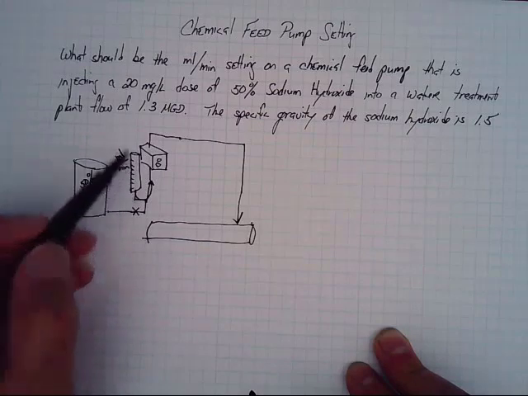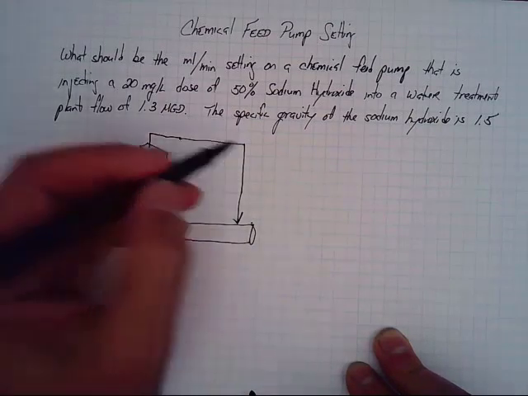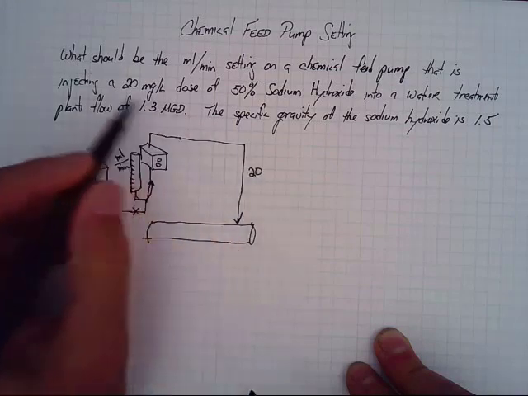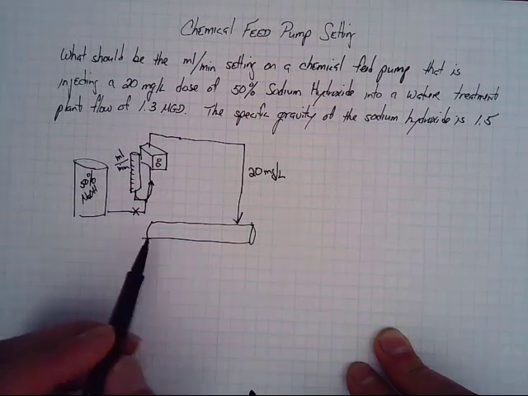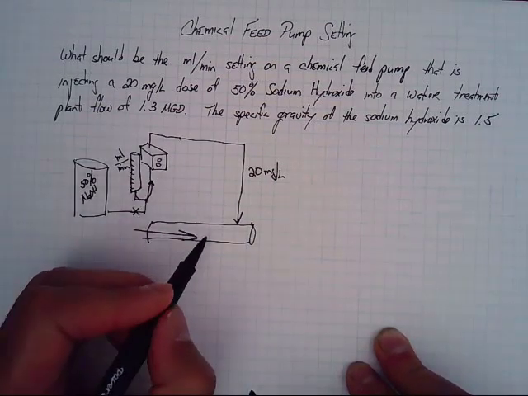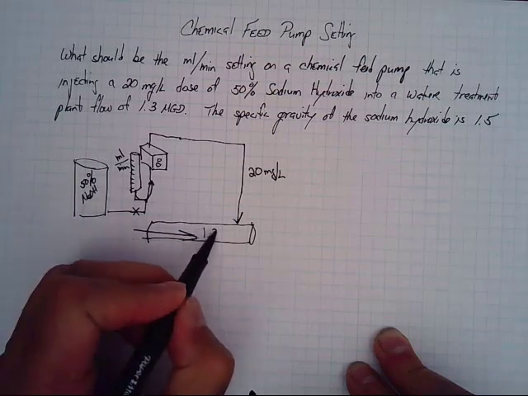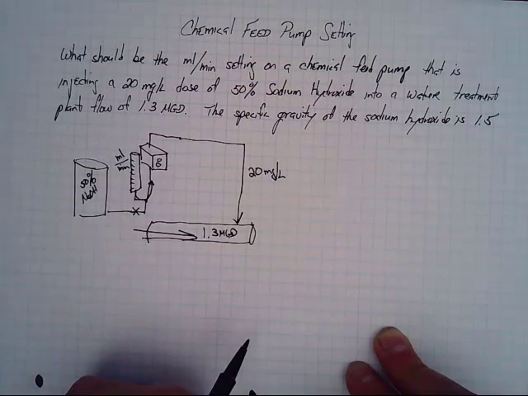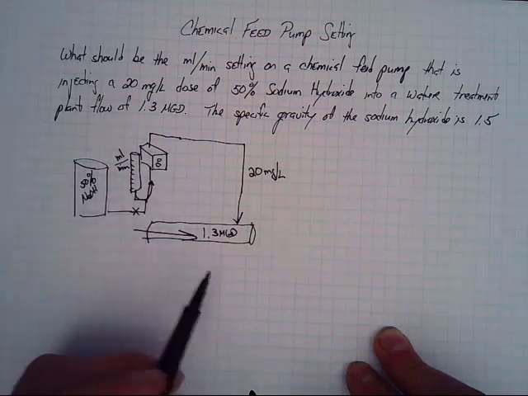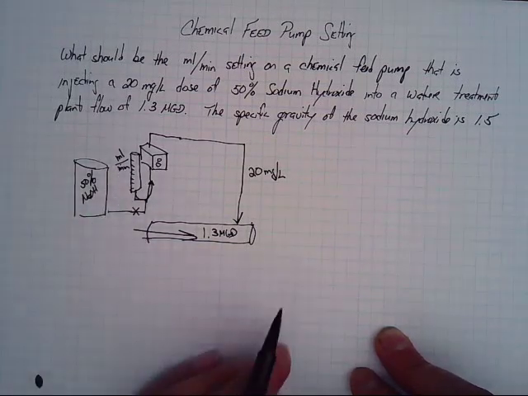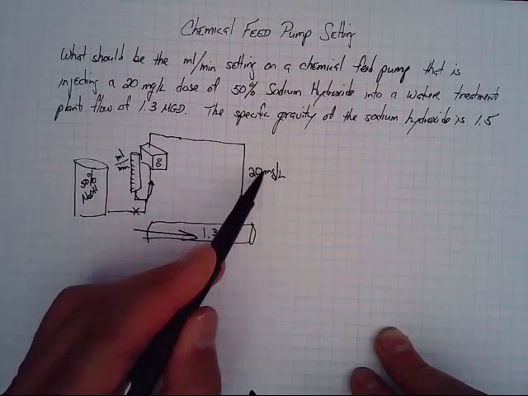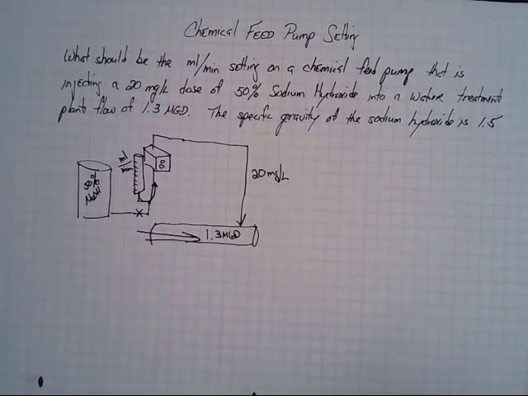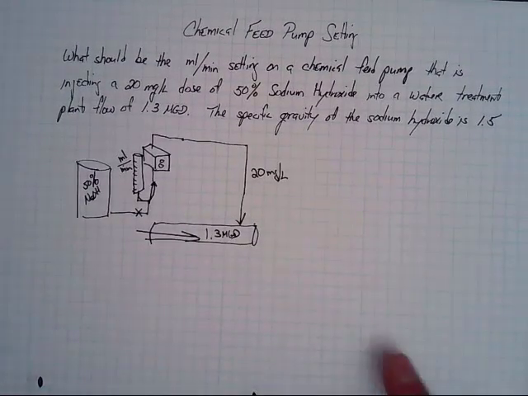So this is our chemical feed pump, and we're injecting a 20 milligram per liter dose of sodium hydroxide, and the flow through the plant is given as 1.3 mgd, and we're being asked to determine how many milliliters per minute we have to adjust the chemical feed pump to in order to add a dose of 20 milligrams per liter into a treatment plant flow of 1.3 mgd. The equation that we're going to use